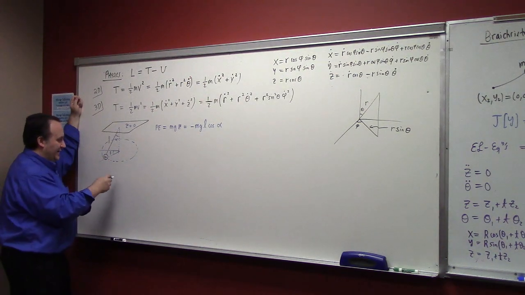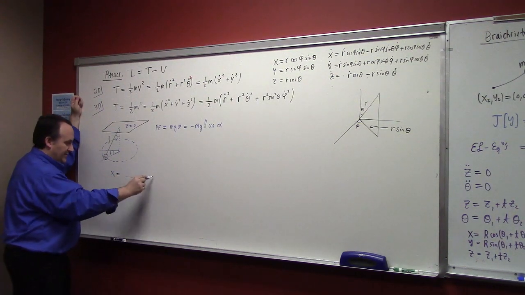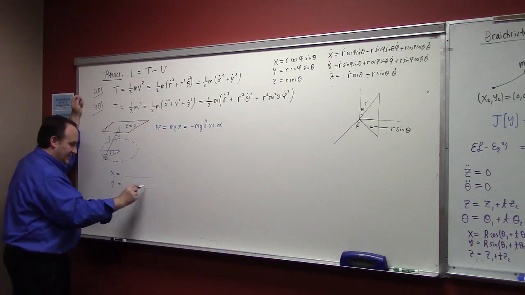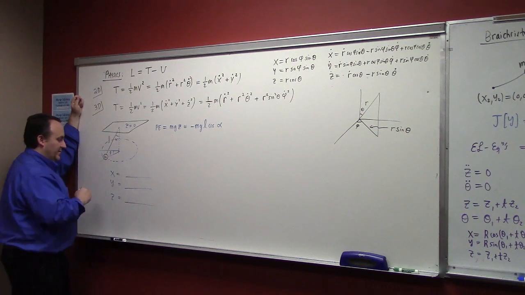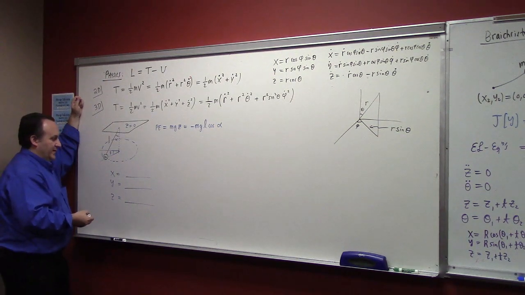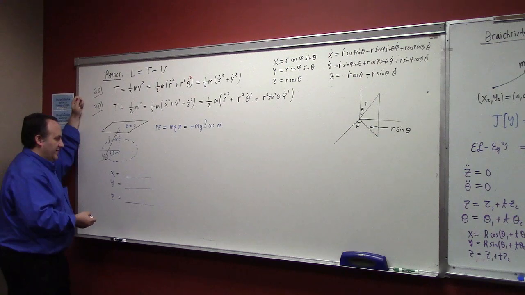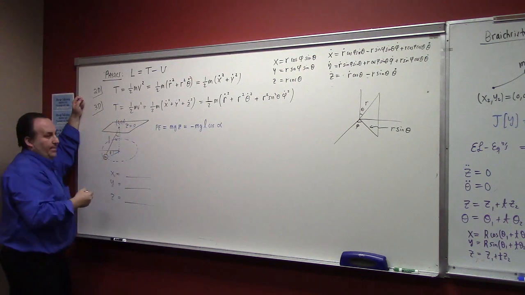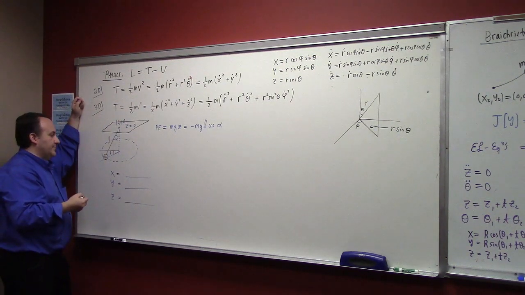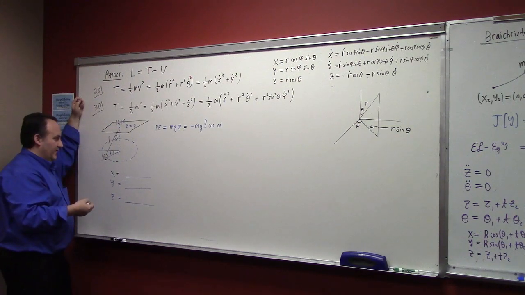Usually what helps is if I can write x equals something, y equals something, and z equals something for the coordinates of m, then I can figure it out from there if I'm stuck. So if I put the origin up here, which is kind of annoying, but let's just say it's my choice,